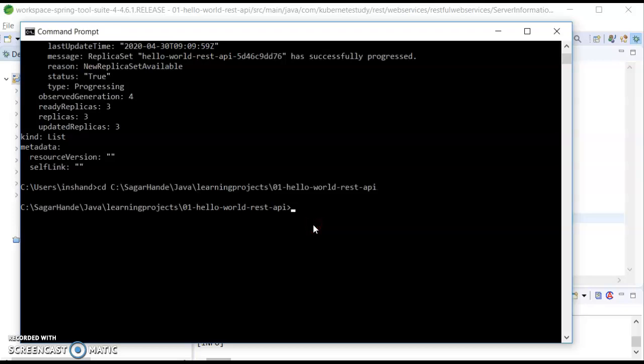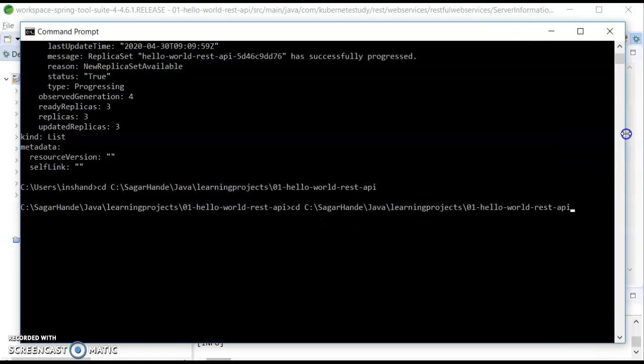Now we are at our project location, and then let's type the command -o YAML and copy it to the file with the name deployment.yaml.